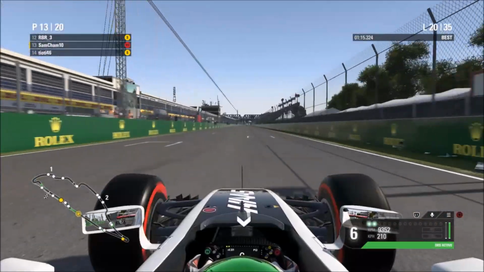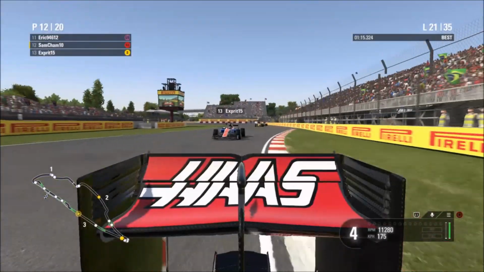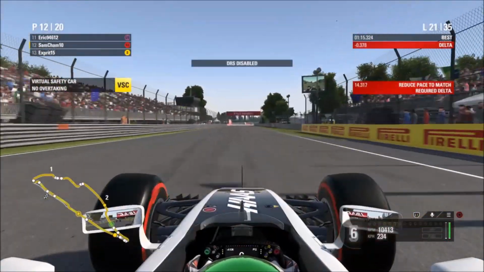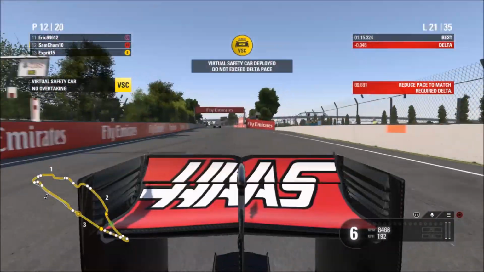We're surviving, and we're up to P13. We're about to take 12th as well, as RBR was in the pits. But then our old friend, the virtual safety car, said hello again, and so I was in 12th. And at this point, it was actually beneficial, because I needed to go and wipe some data on a PlayStation